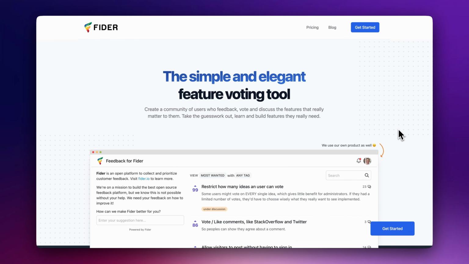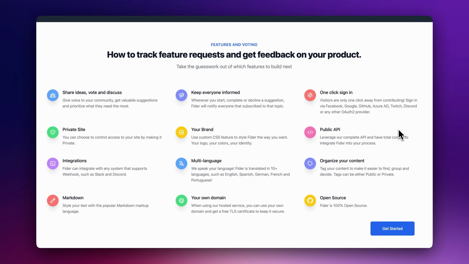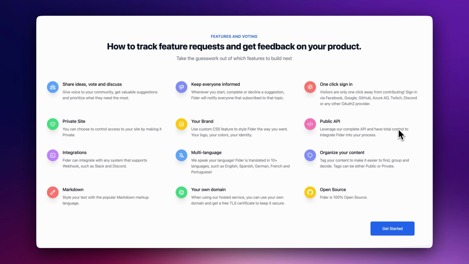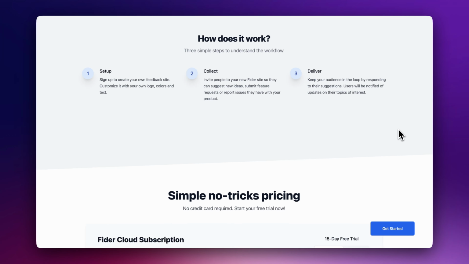Are you looking for a free open source Fider voting tool? Let's discover Fider, a free self-hosted platform to collect and prioritize customer feedback. Users share feature request IDs, vote, and discuss them so you get valuable suggestions and prioritize what they need the